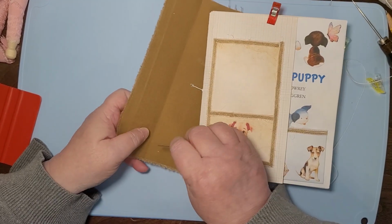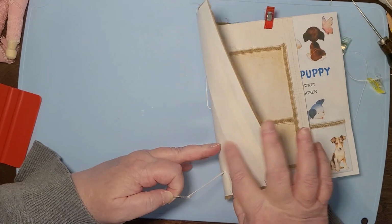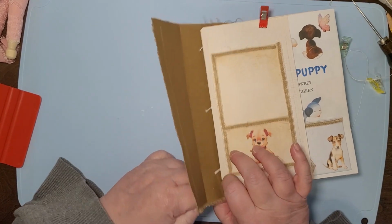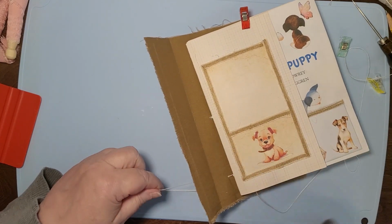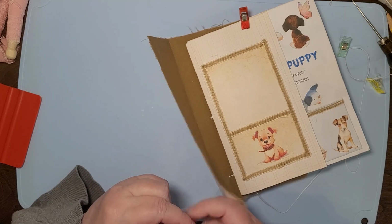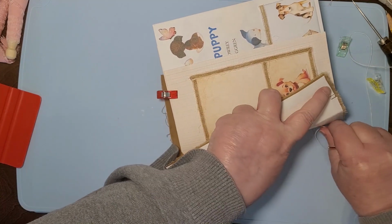Now, some people will do their stitches and have them land up on the back here. I don't think I would ever do that, and I'm not dissing anybody who does. It's just that on the back, I want everything as flat as I can get it, okay? Because